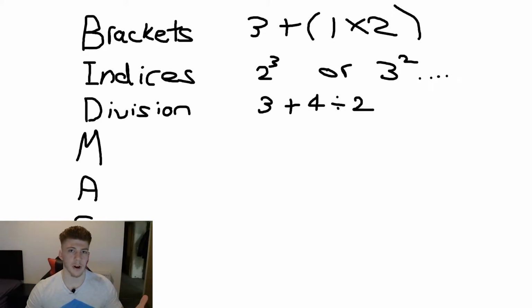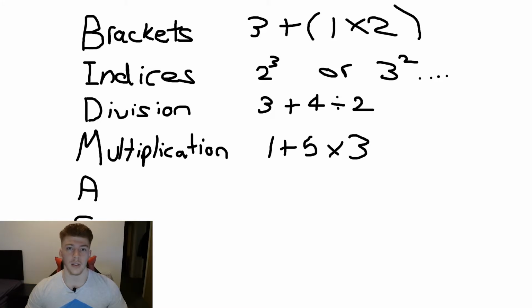Now after you've dealt with your brackets and your indices, you've got D. D is for division. So in this example, we've got 3 plus 4 divided by 2. If you weren't following BIDMAS, you'd do 3 plus 4, which is 7, divided by 2. It'd give you 3.5. But that's not the right way to do it. You follow BIDMAS, you do 4 divided by 2 first, which will give you 2, plus a 3 gives you